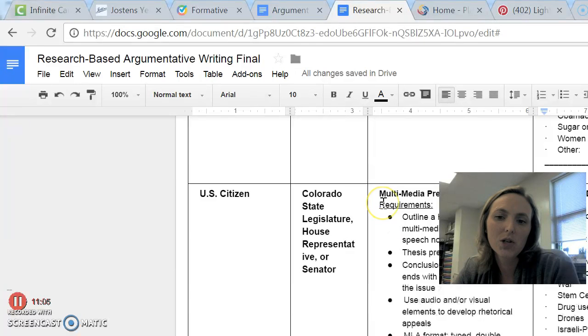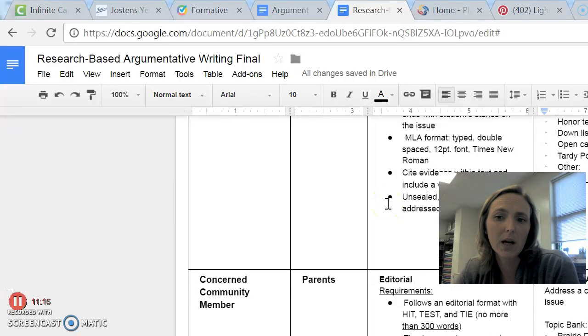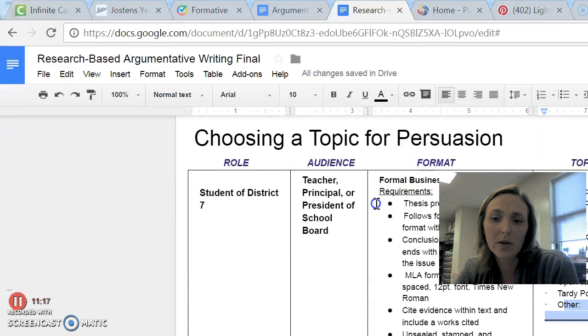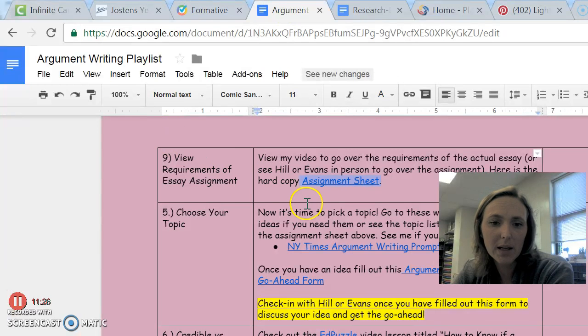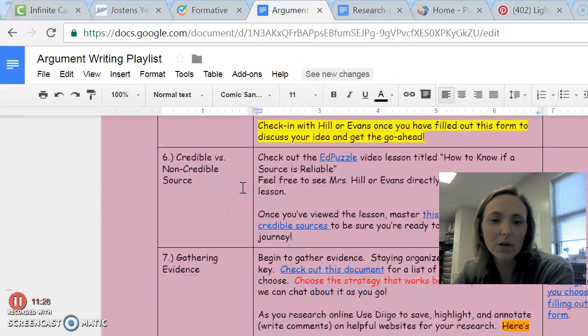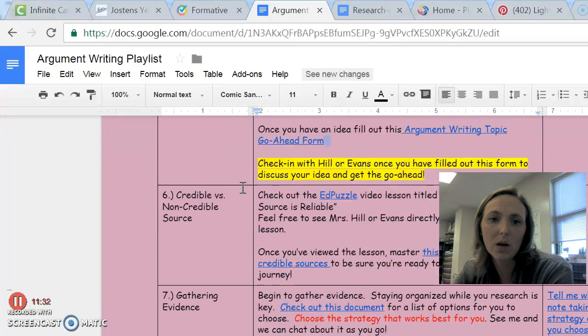So, what you need to do now is look over the assignment, really take it in, ask questions of your teachers, and let us know how we can help really narrow down. Keep in mind that there is an "other," so if there's something that you're curious about, please make a proposition to your teacher.